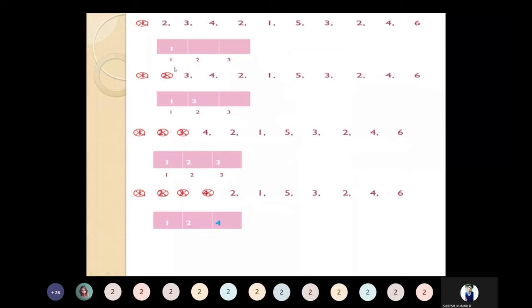First, the initial three frames. All the frames are empty in the initial stage. That's why 1, 2, 3 are inserted into the frames initially, without any problem. Without any choice, the three pages are filled up. Now my problem is when the fourth page comes. Here we have to replace with 4, one of 1, 2, 3.